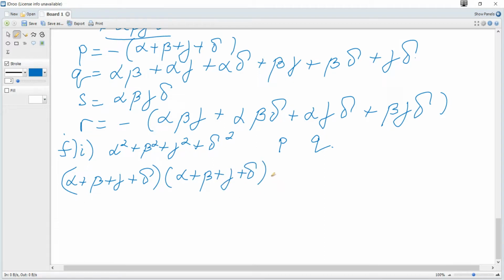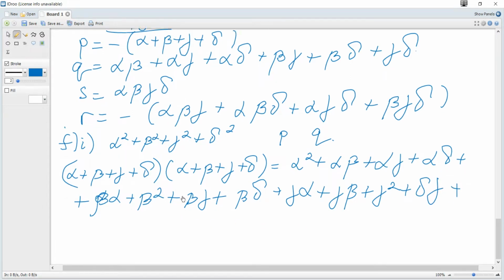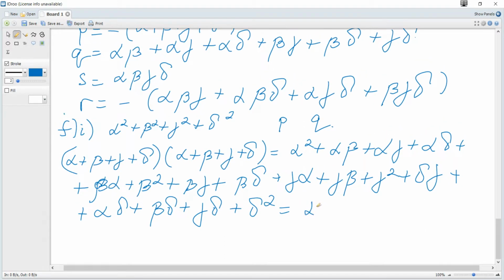There are 16 terms in total, and it will be alpha squared plus alpha beta plus alpha gamma plus alpha delta plus beta alpha plus beta squared plus beta gamma plus beta delta plus gamma alpha plus gamma beta plus gamma squared plus gamma delta plus delta alpha plus delta beta plus delta gamma plus delta squared,